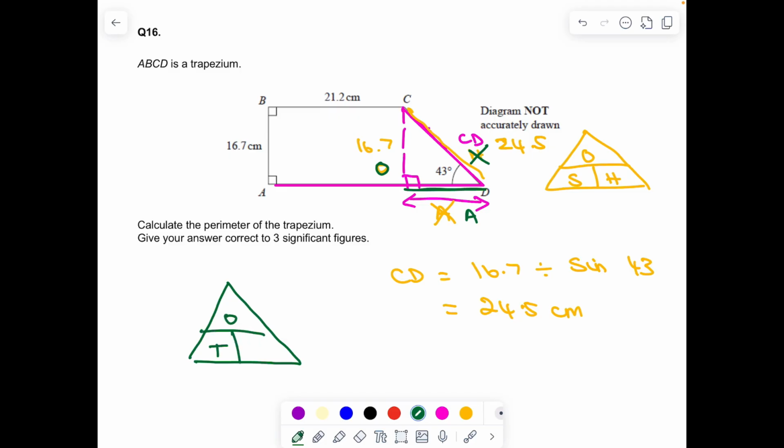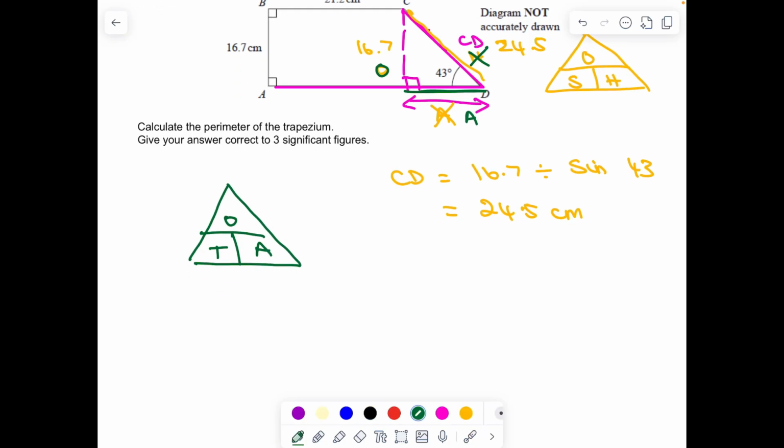When I look at what I want to find, I'm trying to find the adjacent. So I block out the adjacent and it's another division. I need to do opposite divided by tan 43. So that is 16.7 divided by tan 43,